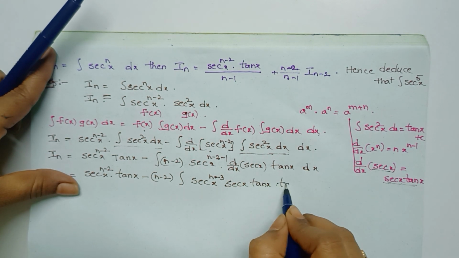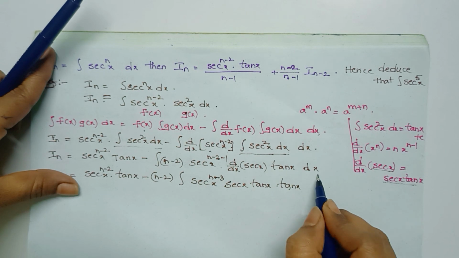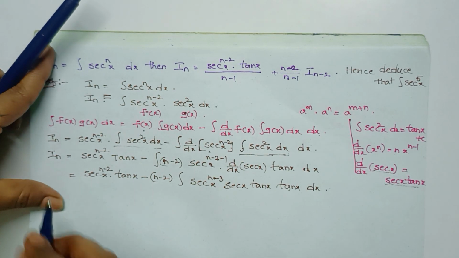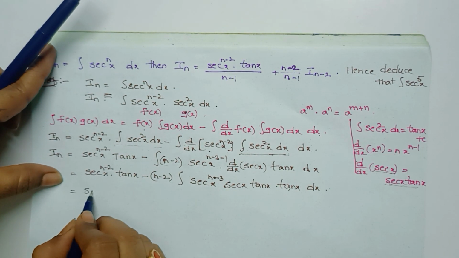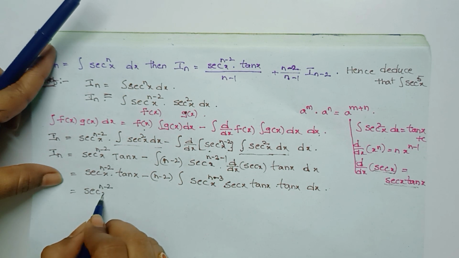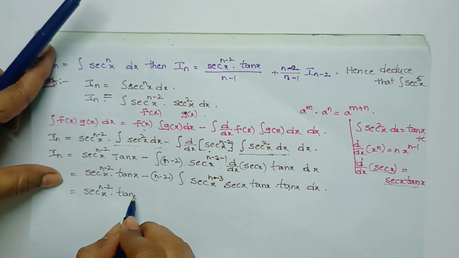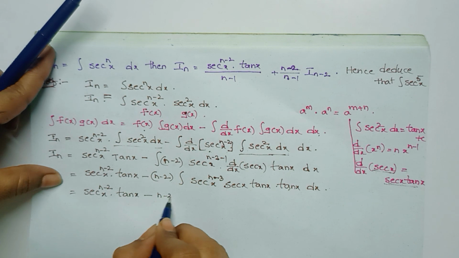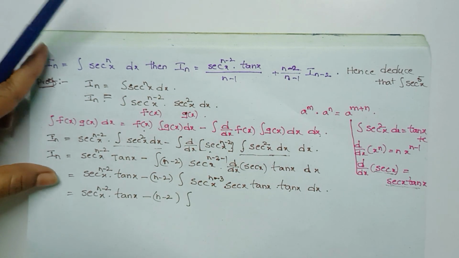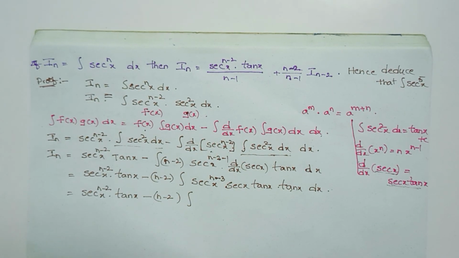Already we have the tan x. The tan x is taken directly into dx. That is secant power n minus 2 x into tan x minus n minus 2 into the integral of,